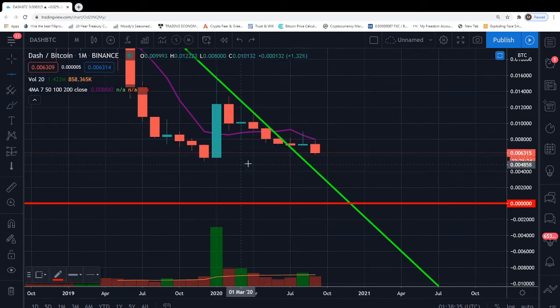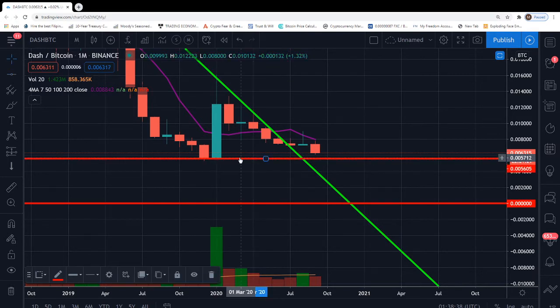Let's see, the floor currently, from a monthly candle bodies perspective, is going to be approximately 5,500 sats. Let's just call it 5,600 sats. That's the previous floor before the 165 move up in January 2020. So let's just wait and see what it does if it gets that low. Again, it's currently at 63.11, so it's not guaranteed it's going to get that low. But as far as what I'm seeing, I'm going to say that there's over an 80% chance that we'll see 5,500 sats on this instrument here. Let's just say over the next 30 to 60 days, if I had to guess.